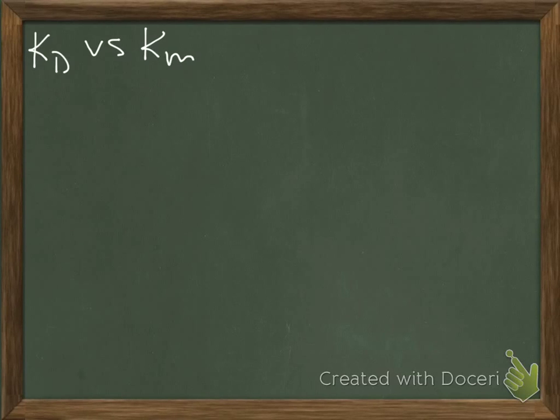If you ever have Marty Bollinger on your committee, you better be able to answer this question, or me maybe, or David, or any of us. So Km we just showed was equal to k2 plus k minus 1 over k1, right? We just showed that. And KD,